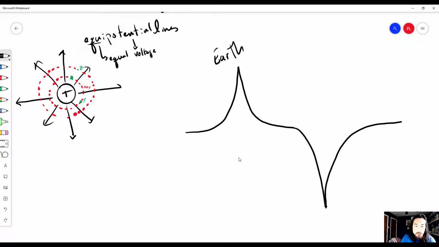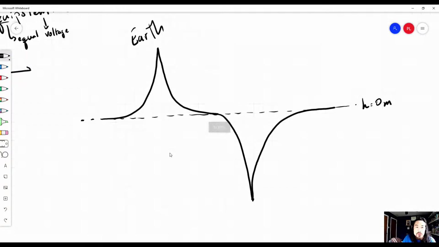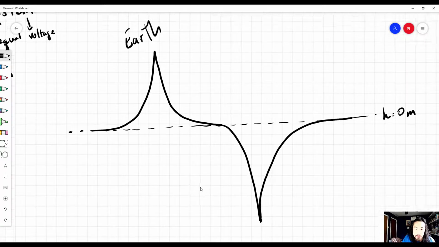All right. And let's say this middle part, I'm going to draw my dotted line. We can call that sea level, but we'll just call it height of 0 meters. Okay. Now, if we were to continue this analogy of